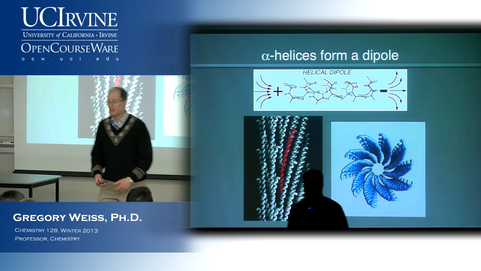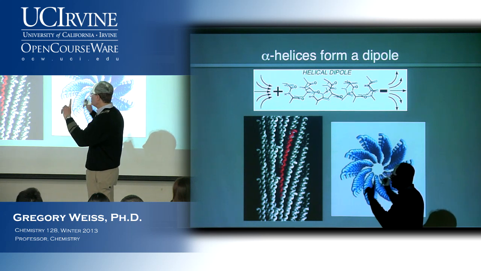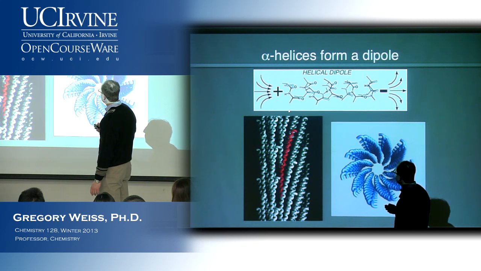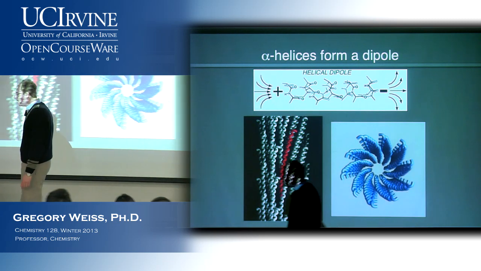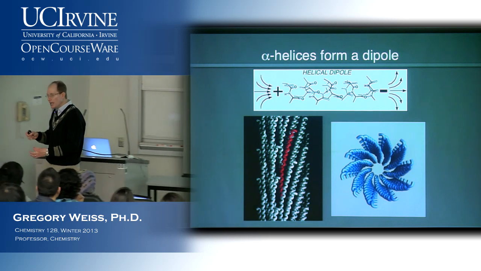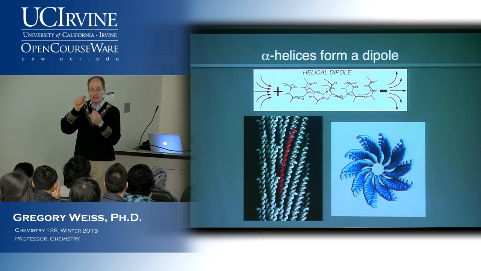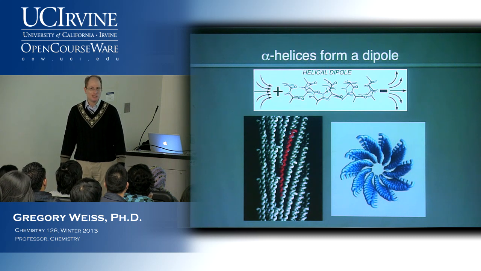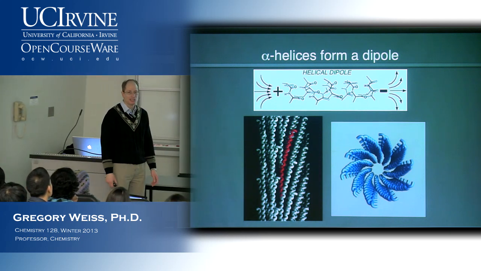But here's the thing. Because each one of these alpha helices has a dipole, and all these alpha helices are all pointing in the same direction, the virus ends up with a massive net positive charge up here, net negative charge down here. And the effect is that the virus itself can be oriented in a magnetic field. It has enough of a dipole that if you put it in an NMR tube, it goes boing and orients in the magnetic field of the NMR tube. And to me, that's pretty persuasive evidence that actually this alpha helix stuff might have a dipole associated with it.